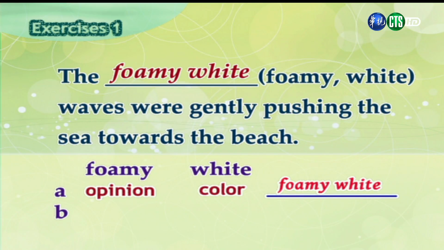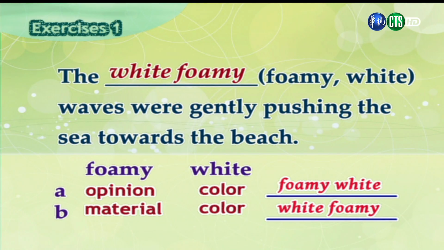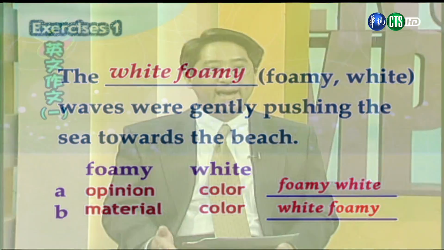We can think of foamy as an opinion and we would write foamy white. 这个句子其实有两种写法。如果你认为很密的沙滩的浪是你的个人的意见的话，你就把“密”这个字放在前面。Now, another way that you can look at this is you could think of foamy as being more of a material, while white is still the color. 第二种看法是你认为绵密它其实是它的事实的材料，所以白色是它的颜色。Right, and so in this case, what we would do is then we would write white in front of foamy. 在这个时候，我们就把白色写在绵密的前面。And so we can see that in English, there's not always one exact way to interpret these different kinds of adjectives. 所以在英文之中，你可以看到，其实不是只有一个绝对的方式来形容你要形容的东西。